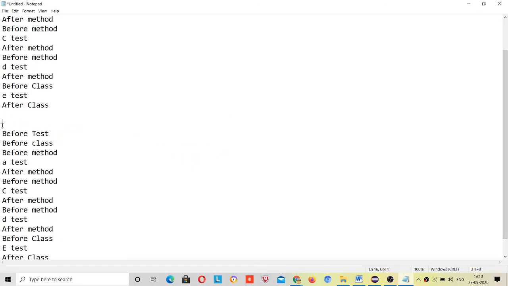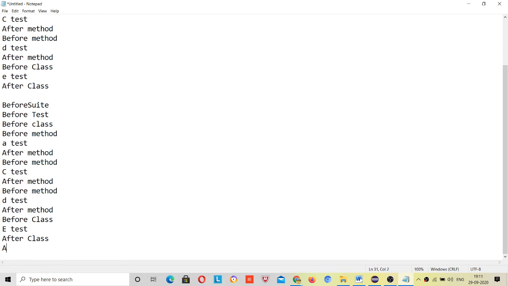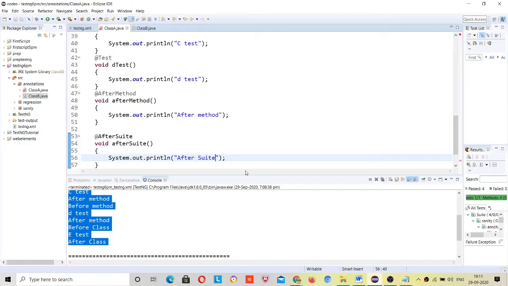Here we will include before suite and after suite. We don't need to check in classes because these two depend on project level, right?